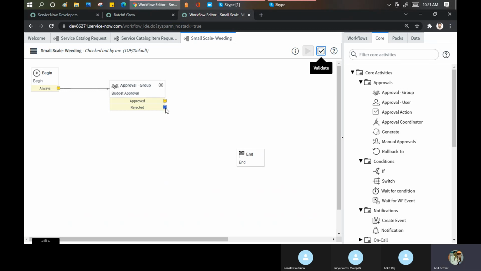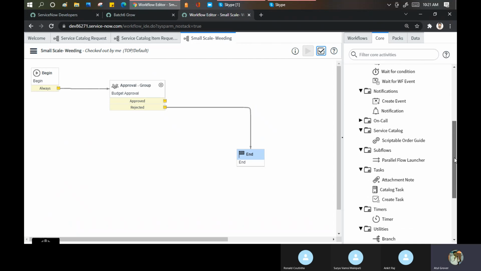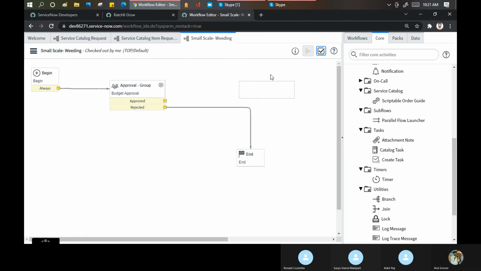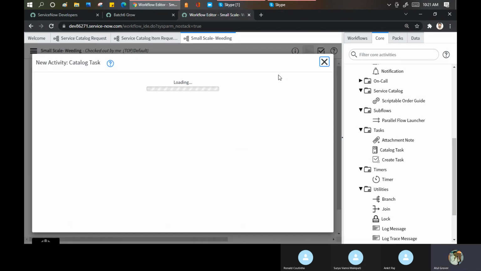So now what I will do, I'll say if anyone rejects, end my workflow. But if anyone approves, then what do I need? I need a catalog task in its place. Let me do it here only. फिर से अब फिर पंगा.